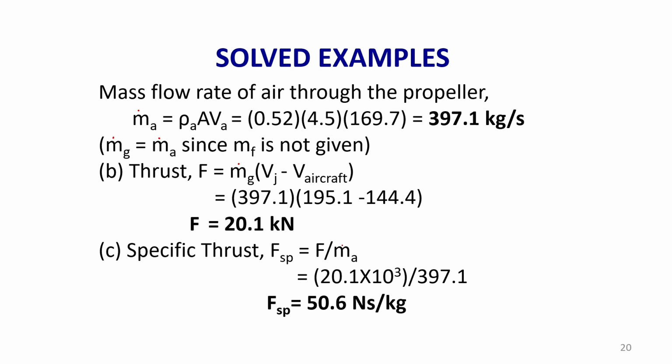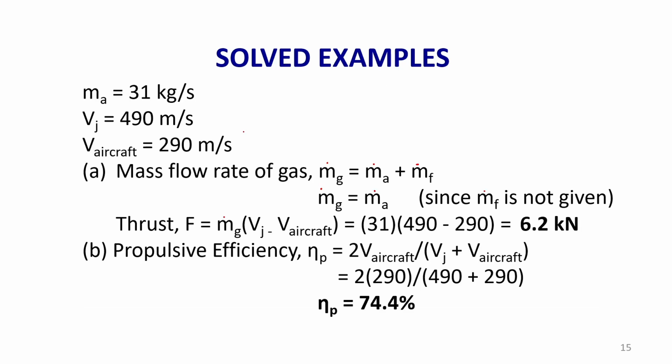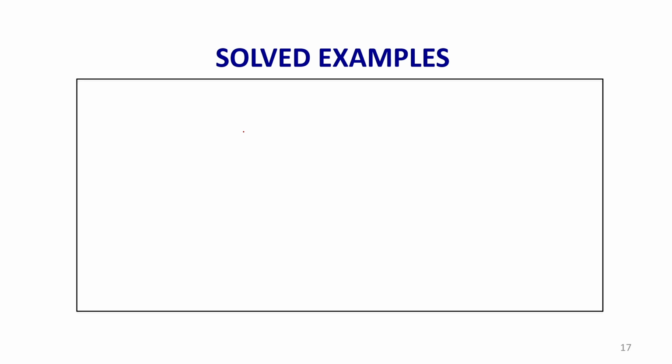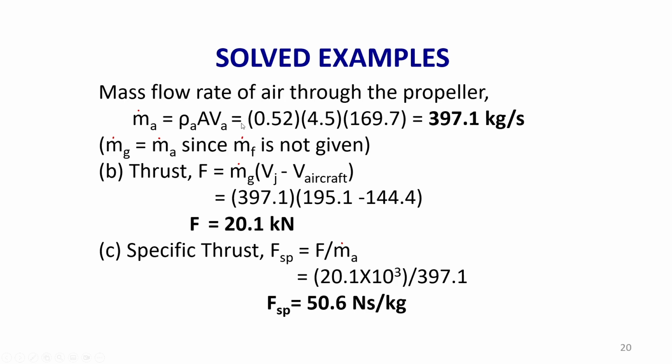Okay. So similarly, the mass flow rate of the gas is the summation of mass flow rate of air plus mass flow rate of the fuel. So let me correct this one. Wherever m is there, it is m dot. Okay. There is some error in the compatibility of the system. So we can calculate the thrust using the same formula, specific thrust